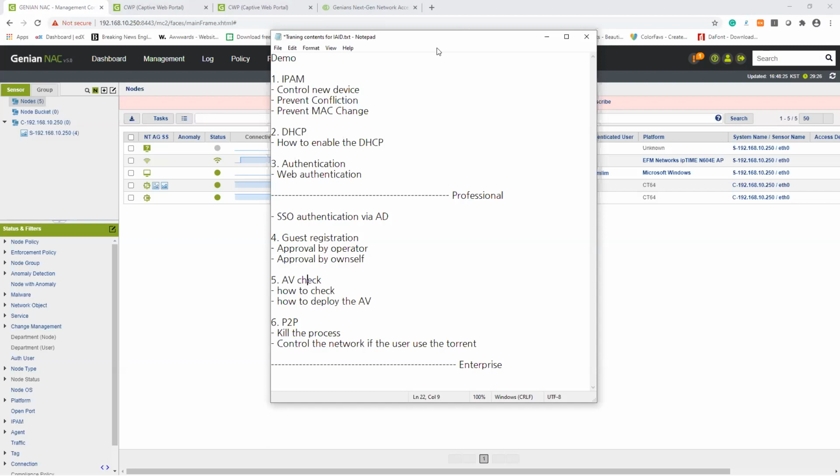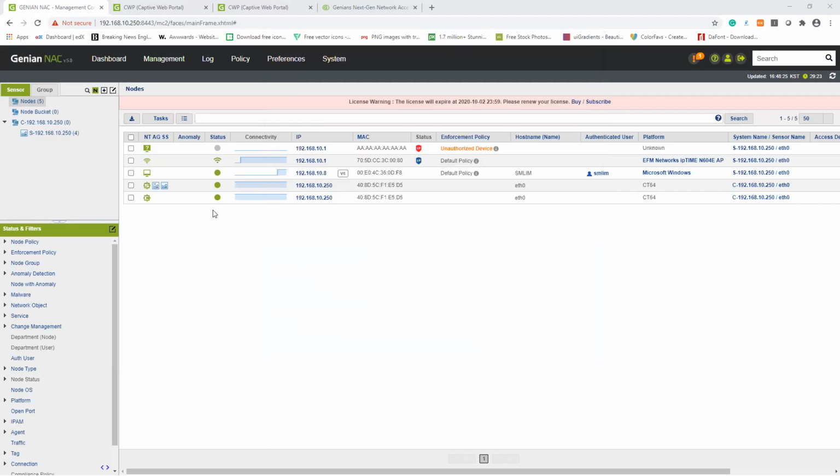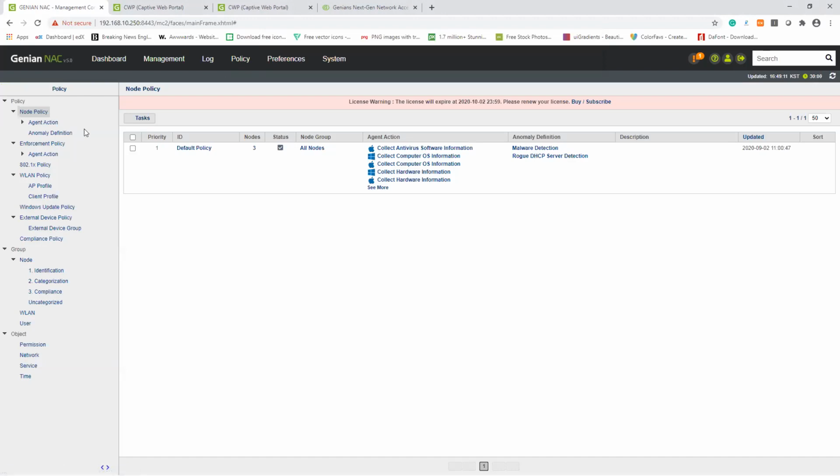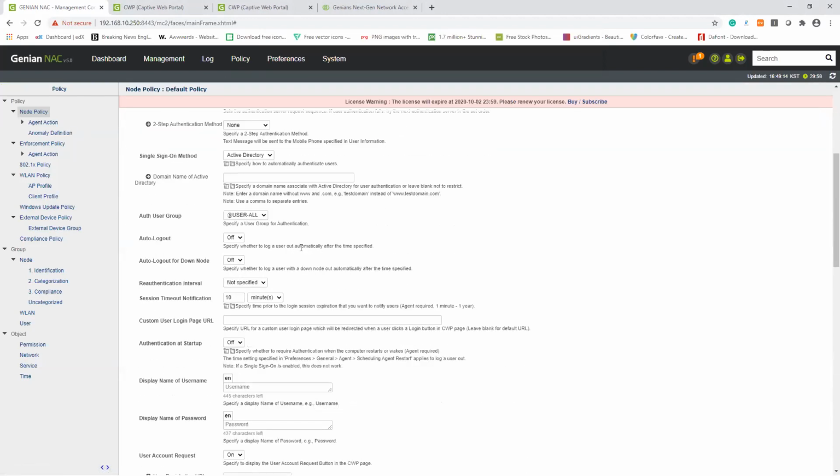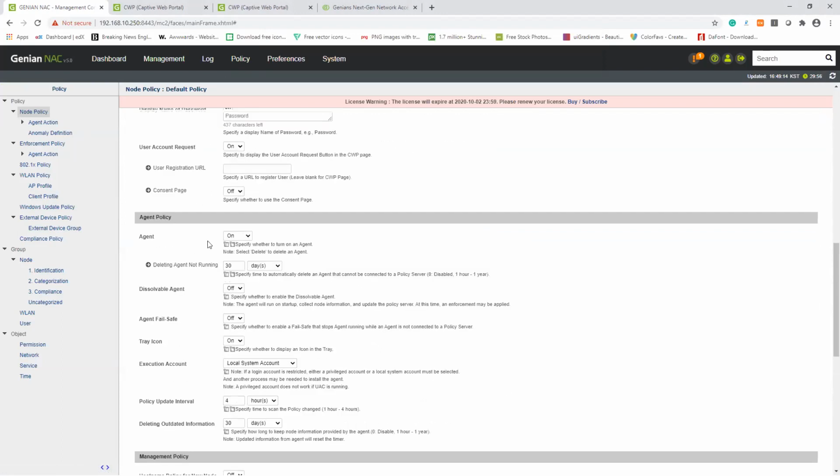So we can import the agent installation for the user policy and node policy, default policy. Scroll down. Agent policy is default on or off. Now on. If the agent policy is off,